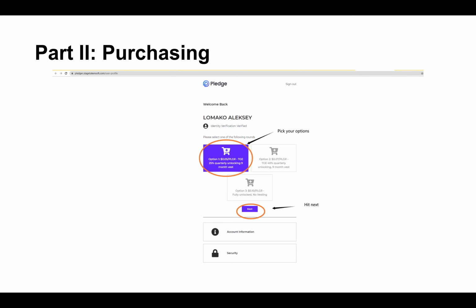So today I'm going to demonstrate the actual purchasing process of Pledge tokens, starting on October 5th at 11 a.m. Eastern Standard Time. You will need to log back into sell.pledge.finance and select the options you want to participate in. Again, these options are: option A is $0.05 per PLGR token